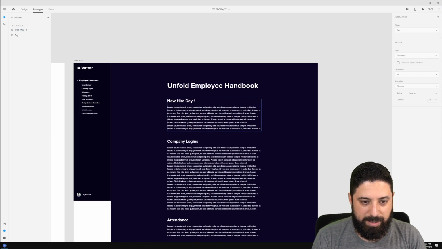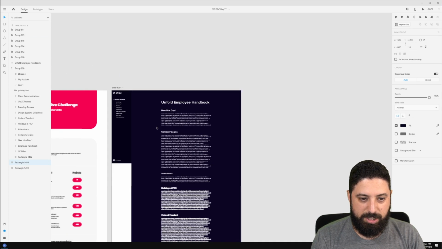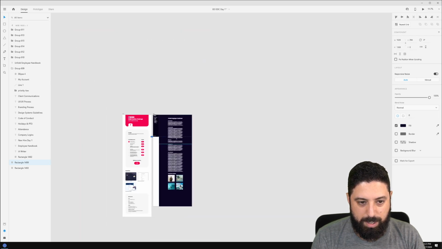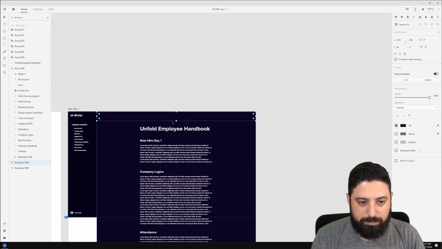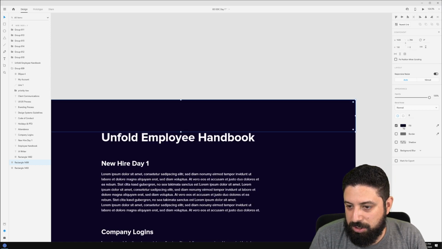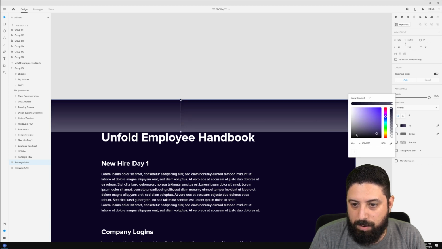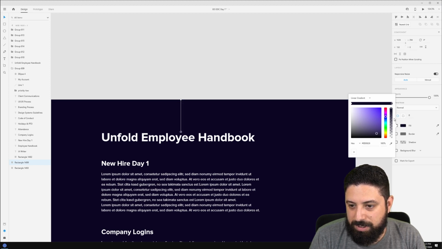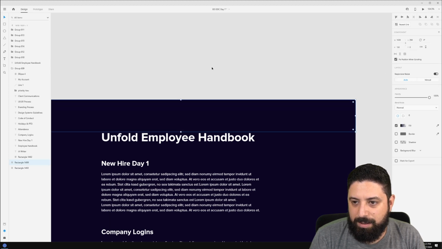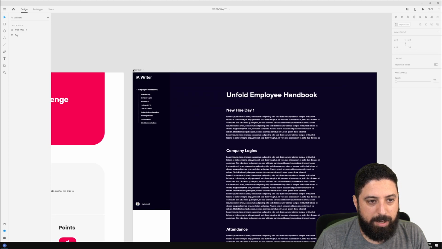And as I look at this, it almost causes a little confusion up at the top here because we can see the other section. So what I'm thinking I might do is come up here at the top. I'm going to set this to 150 in height. And I'm actually going to create a gradient. I want to go from the same color to the same color. But on this bottom side, I'm just going to set the opacity to 0. So it's going to give us a little bit of a fade. And then I'm going to fix that position. So now, when I come back here,